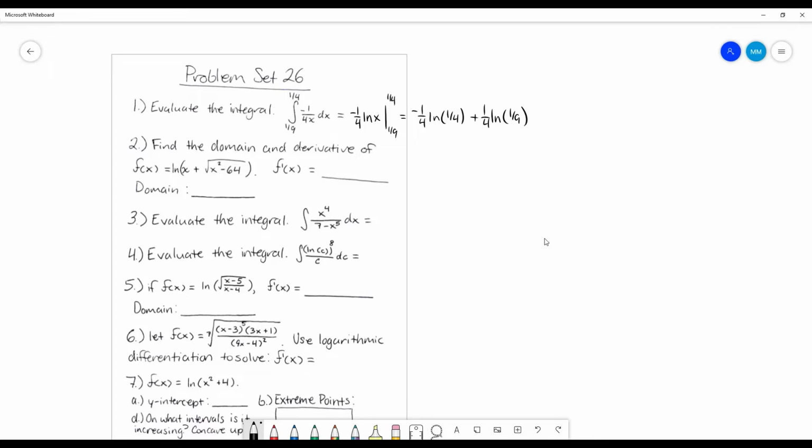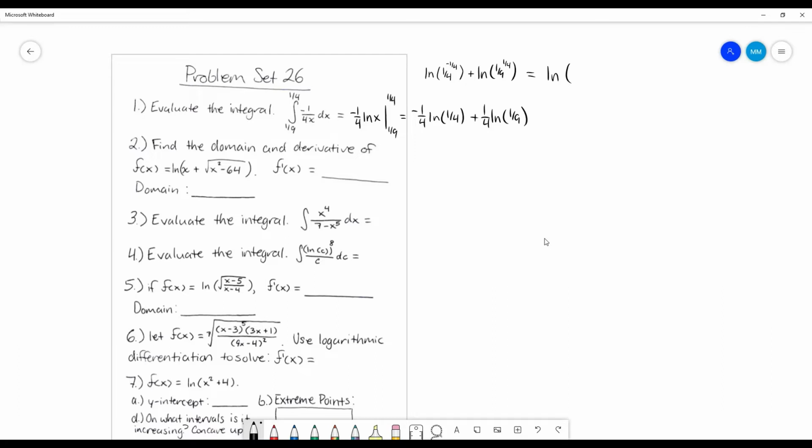I've thrown myself off a little bit. Trying to remember, I haven't dealt with log rules in a long time. So this is the same as natural log of 1/4 to the negative 1/4 plus natural log of 1/9 to the positive 1/4, and then I can rewrite that as